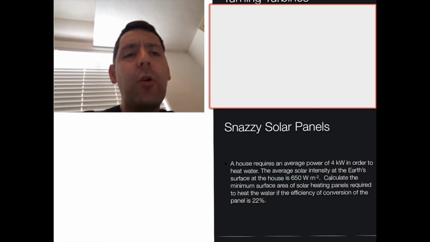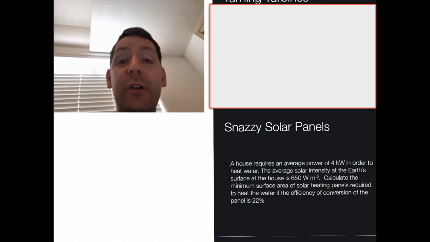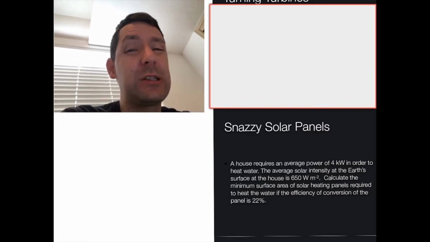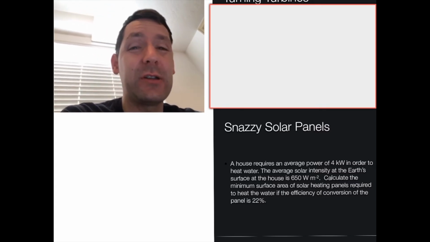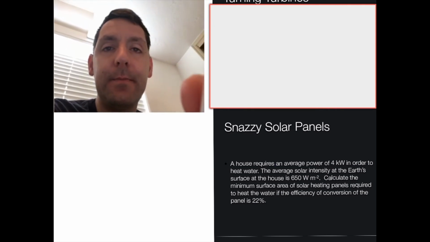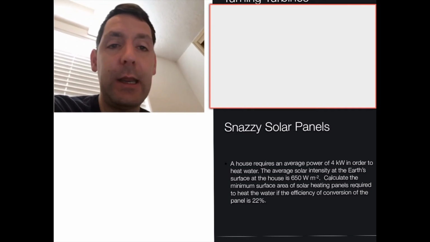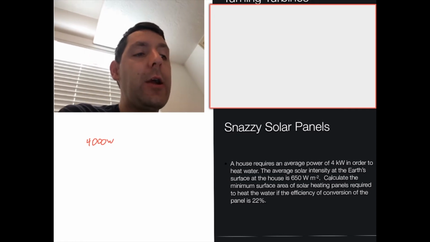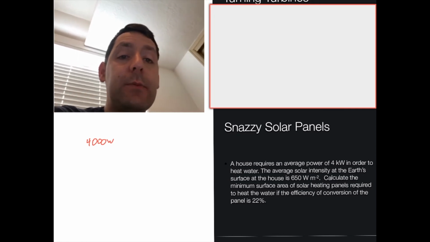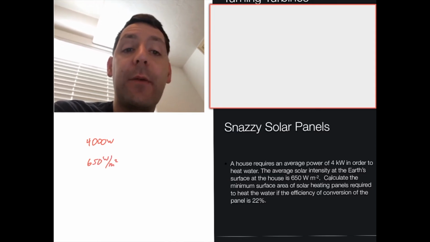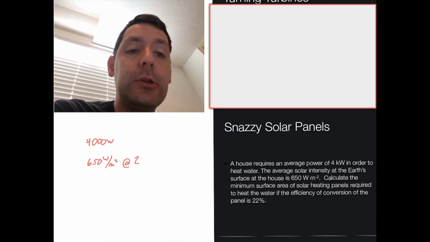This is fairly normal. This is actually probably a pretty good percentage for a solar panel to get, 22%. That's one of the problems with solar panels, they just aren't that efficient, unfortunately. But we'll see what we can do here. So we need, this is given to us, 4,000 watts in order to heat our water. We are getting 650 watts per meter squared from the sun at 22%